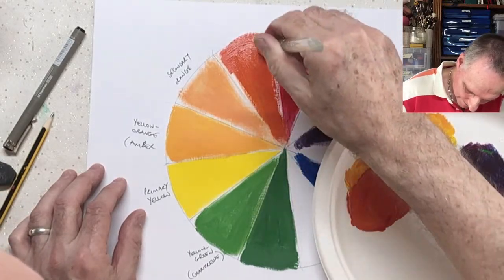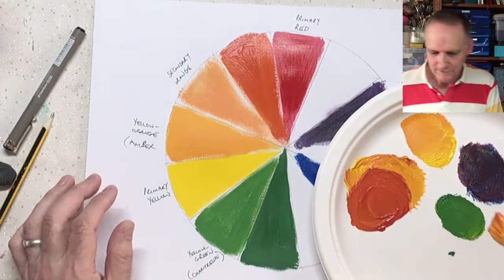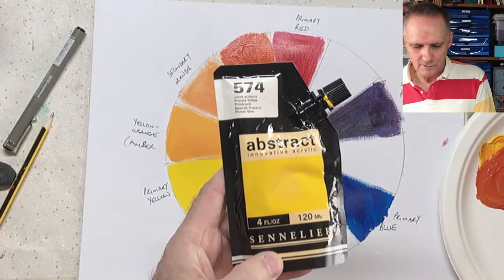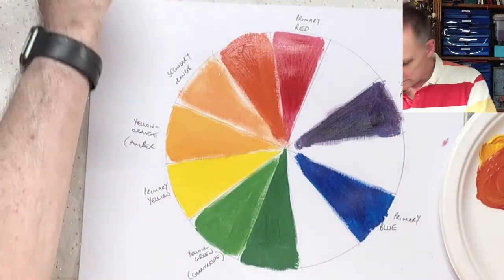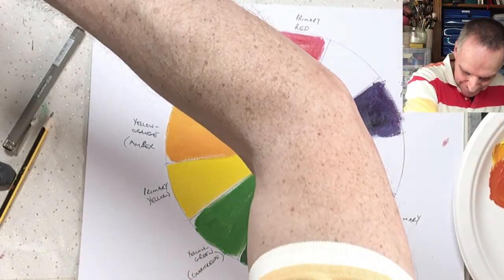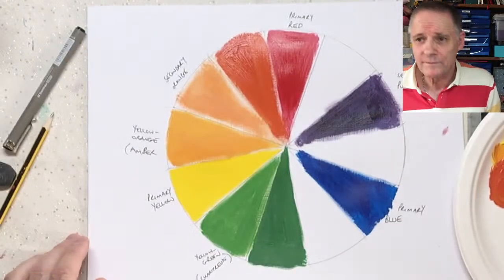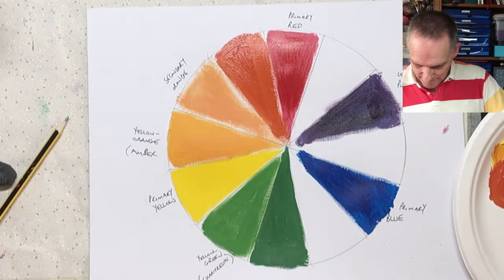Sandra wants to know what you're using, watercolour, acrylic or what. It's acrylic. It's the Sennelier Abstract acrylic. It's made by Sennelier, comes in a little pouch, and it's acrylic, which means it can dry up on me. So that colour there that we've made, you can see the difference I hope, is a red